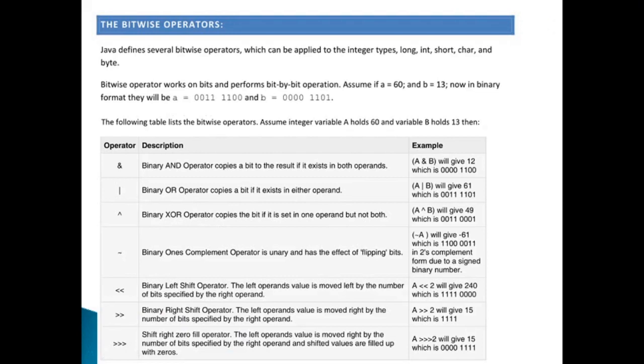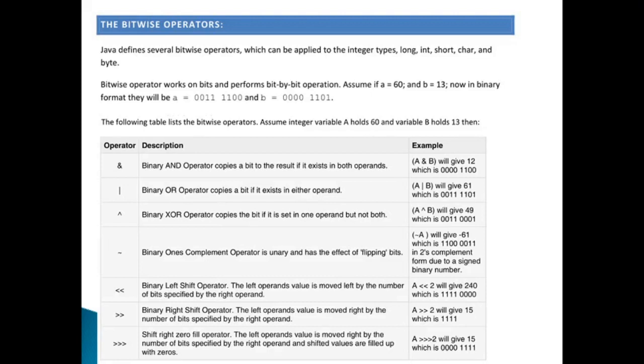Yes, I was talking about the binary left shift operator and the binary right shift operator. A binary left shift operator means that whenever it is applied on a particular variable, the leftmost bit is dropped and the whole pattern of the bits is shifted towards left, and at the end a new 0 bit is introduced at the tail of that variable. Then this is the binary left shift operator. Whenever we binary left shift, the number gets multiplied by 2.